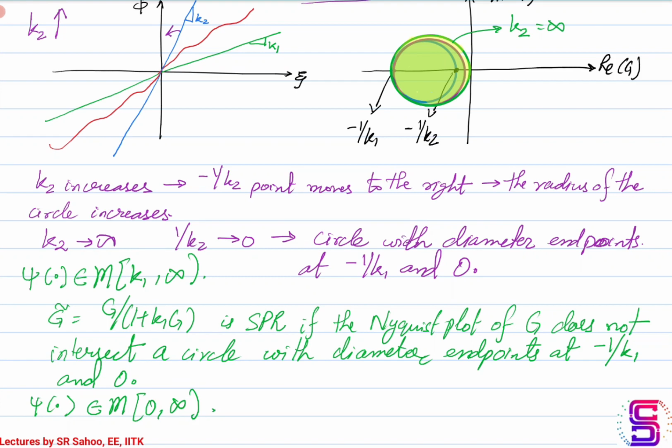Now when k1 becomes 0, the circle becomes a straight line, which is nothing but the imaginary axis. So when we consider the 0 infinity sector, this is essentially k2 being infinity, so the circle definitely is tangent to the imaginary axis, and with k1 becoming 0, it is the imaginary axis that becomes the straight line